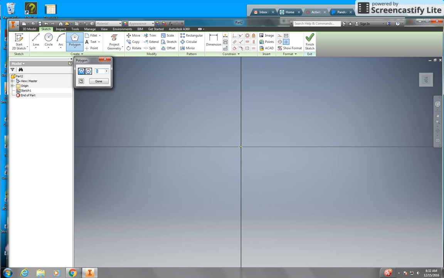So I choose that. I'm going to come to the center, and I'm going to create my polygon to the size that I want it, approximate size. I recommend that you put the tip straight up. You can skew your star however you want. It's not a big deal. Okay, so I choose my polygon. Now to size it,